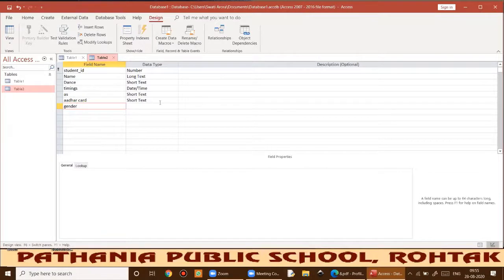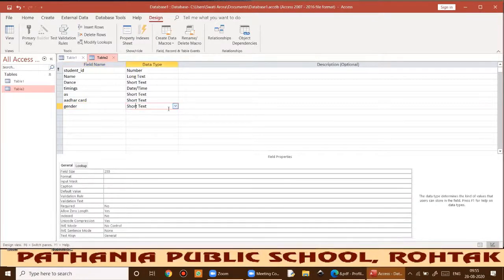Okay, so if I'm creating a new field here, by default it is short text, and short text can store up to 255 characters. That means if the text you are writing goes beyond 255 characters, it will not allow you to do this, because you have selected the data type as short text. Short text range is 255 only, and long text means there is no restriction on writing text inside it. So in this way you can create new fields of the table, and you can select a data type.